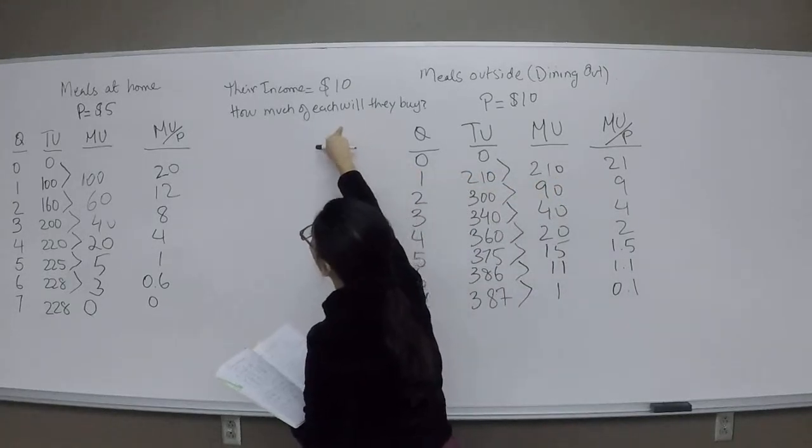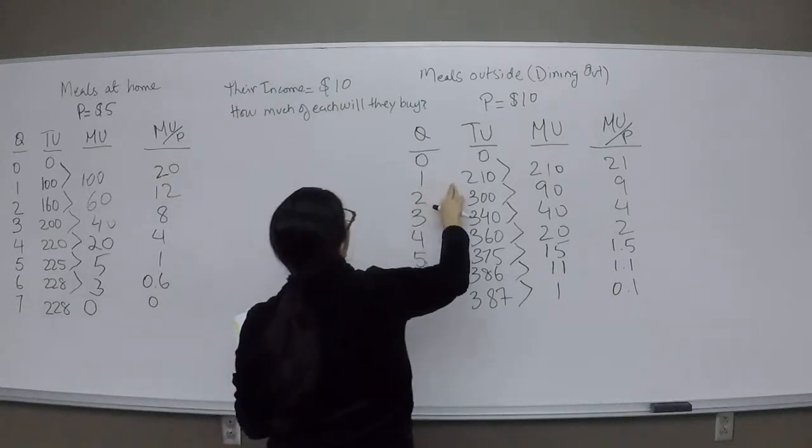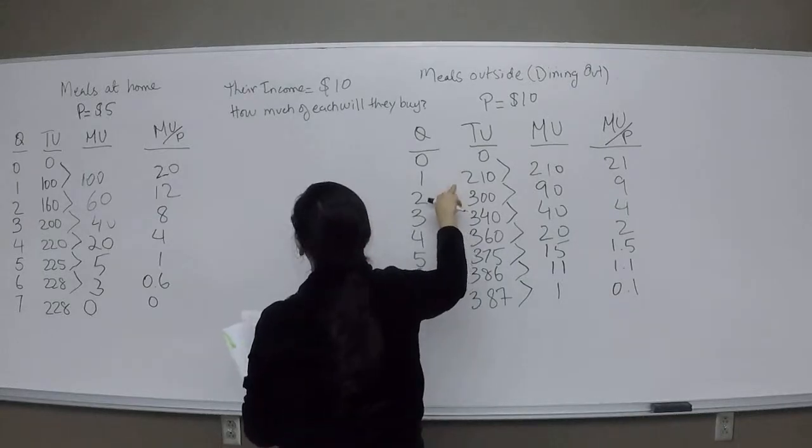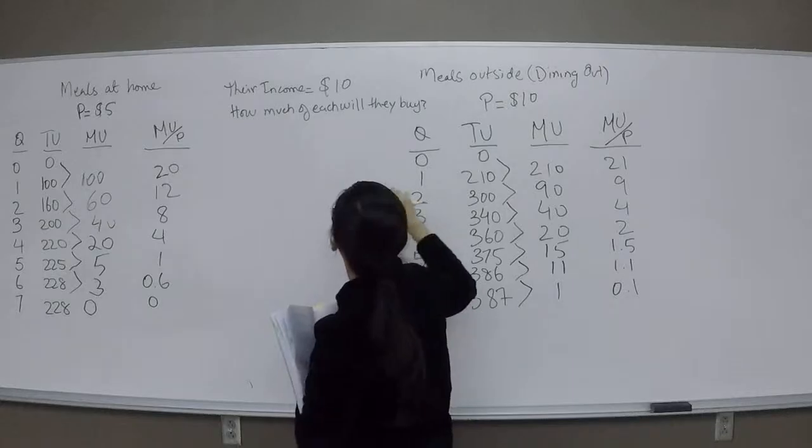So if they have $10, are they going to eat at home or are they going to eat outside? How do you know that? You're going to compare the marginal utility they receive